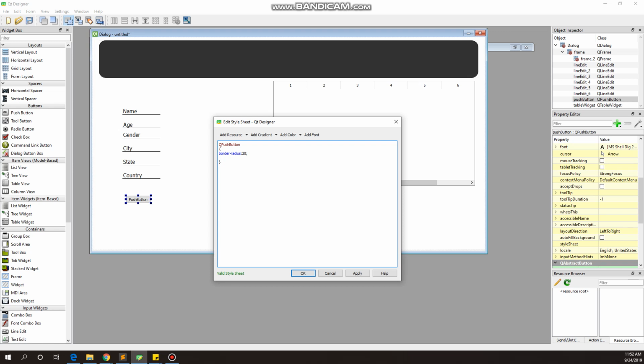What did I say about the font? Let's do font size 16 pixels on this one too. And then similar